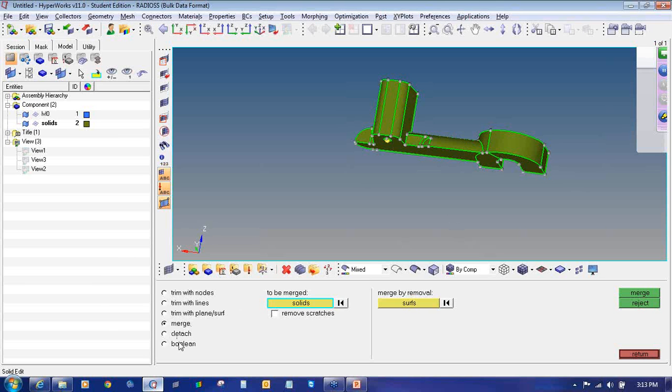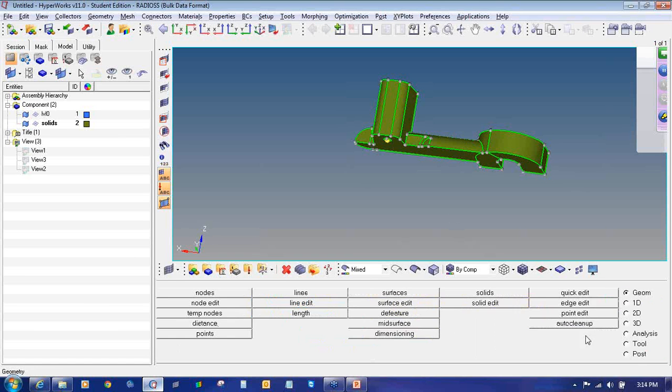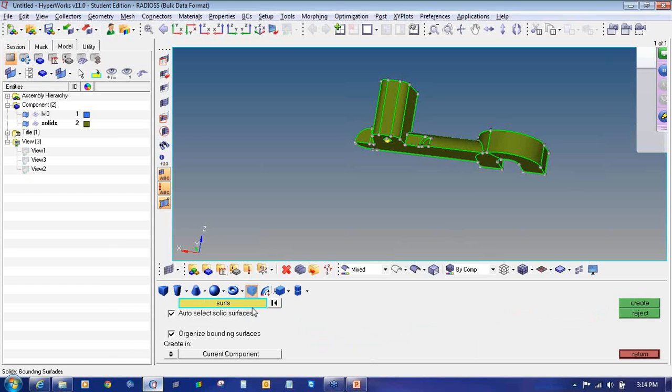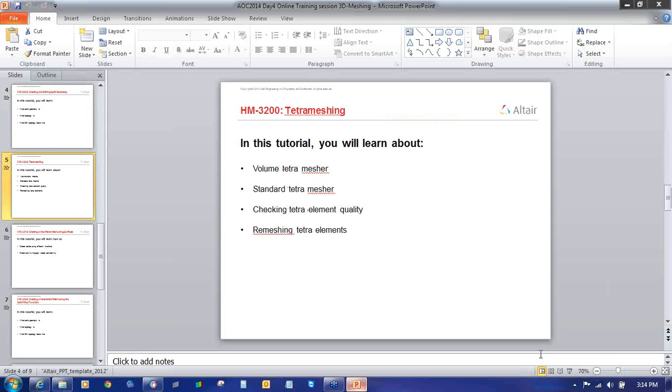So merge, boolean, trim with lines. So these are the options. With the solid you can convert surfaces into solids. So in this way we have ended the first tutorial, that is, what are the different options. Then we will move to the next one, that is